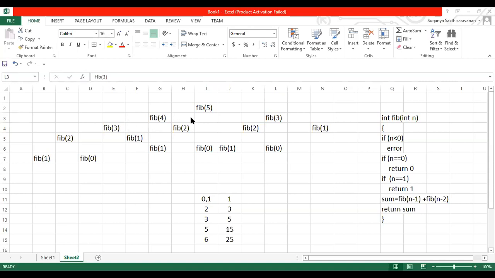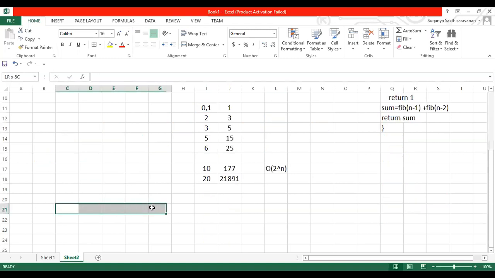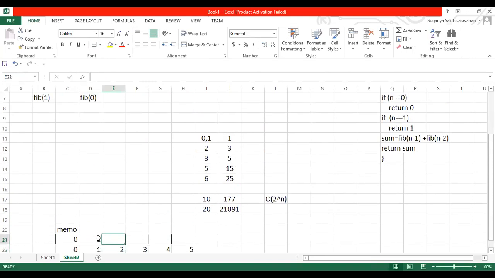This is what happens in the case of your Fibonacci number. So this is a recursive method, guys. If you're not using the recursive method, what is the other technique we are seeing? That is memoization. In memoization, we are going to have a separate array. Let us assume I'm giving the array the name memo. Where I'm going to have index values like 0, 1, 2, 3, 4, and so on. The first two values are 0 and 1. Each and every time I compute a value, I'm going to store the value.